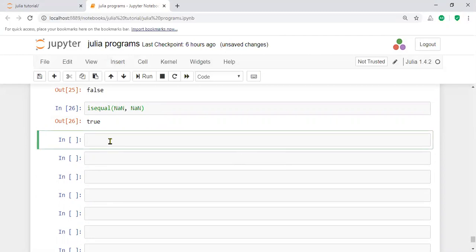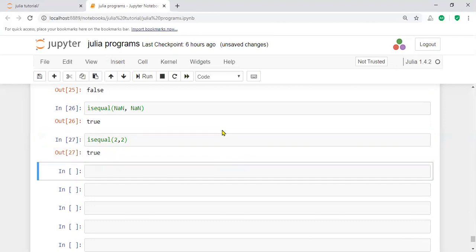For example, the isequal function. Let us take a simple example: isequal(2, 2). Is it true or false? It is true.